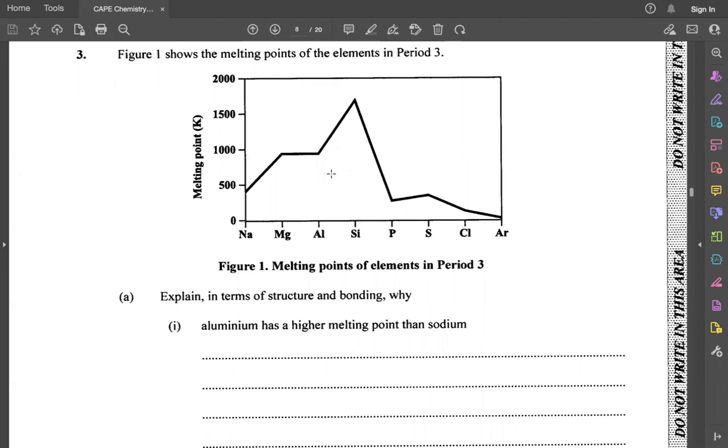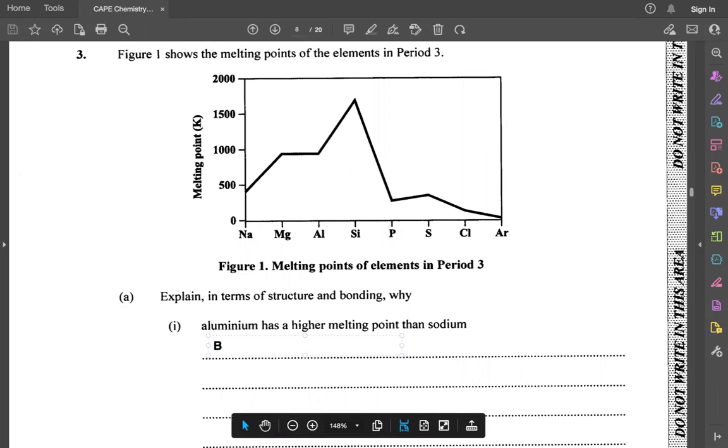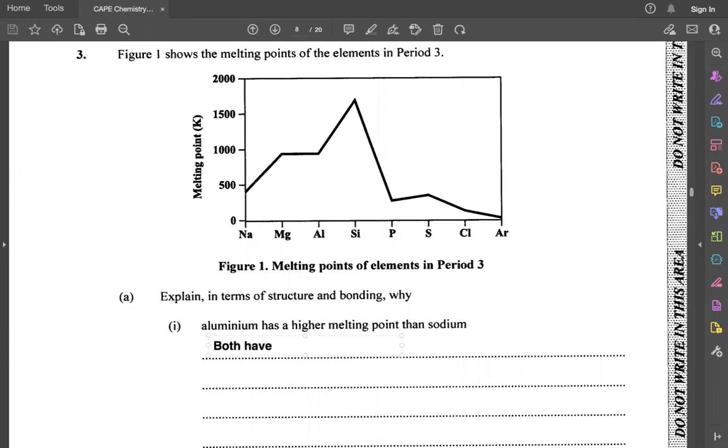So why would aluminum, as is shown here, have a higher melting point than sodium, which is way down here at around 495, and aluminum is at around, what would that be, say 980, right? So why is that so? Well, let's start by talking about the structure and bonding that's present in both these metals that we're comparing, right? So let's start by writing that out here, right? So both of these both metals have a giant metallic structure,